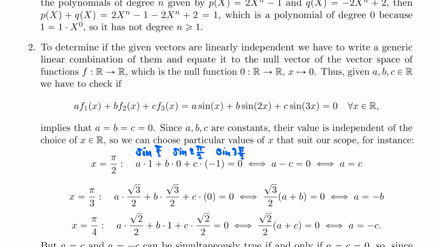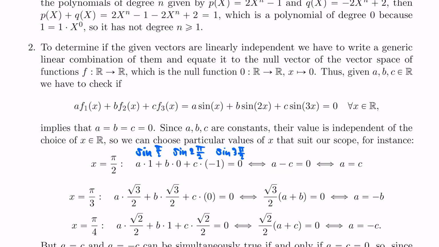Hoping that you have tried to solve the exercise by yourself, let's see what happens when we substitute x equals pi half into this equation here. Well, we have a times the sine of pi half, which is 1, then plus b times the sine of 2 times pi half, which is the sine of pi, and the sine of pi is 0, plus c times the sine of 3 times pi half, which is minus 1. So on the left-hand side, we have a minus c, on the right-hand side 0, and so